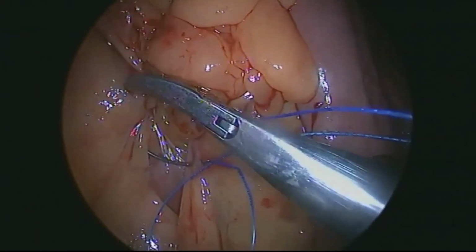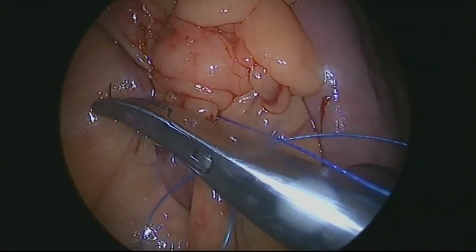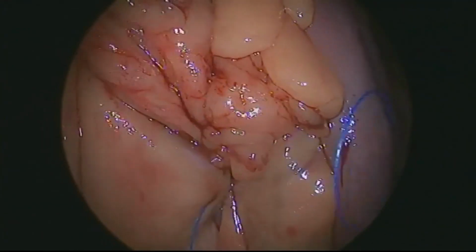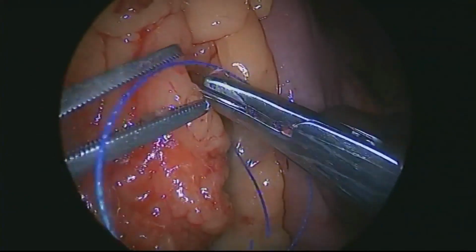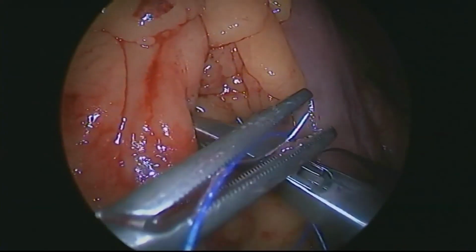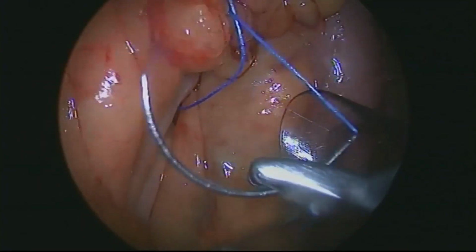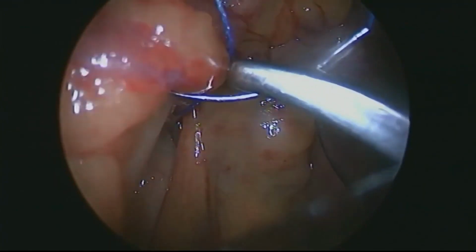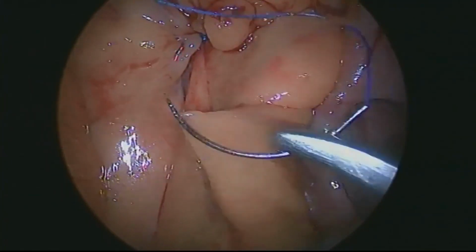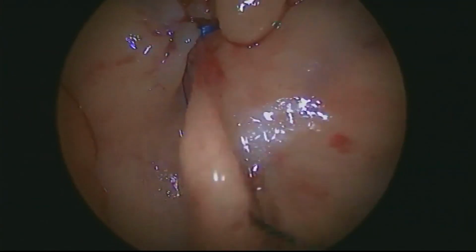Now, once we have passed the root of the transverse mesocolon, we just need to approximate the mesentery of the efferent limb and the mesentery of the small bowel. Usually this takes 2 or 3 bites, but it's important that we don't leave a gap at that level. So we have to make sure that we see exactly the angle of transition between the two mesenteries, and for that we have to take our time, but we usually get a good view on this, which is here,